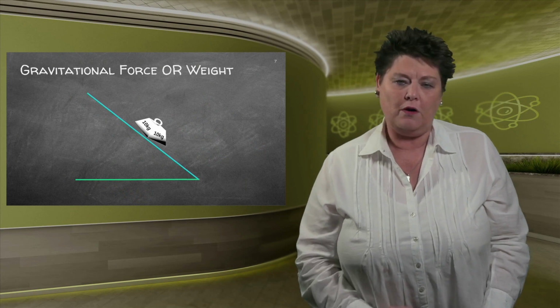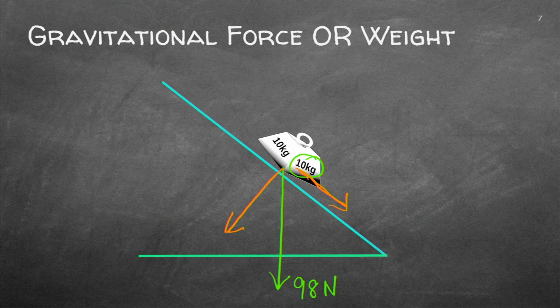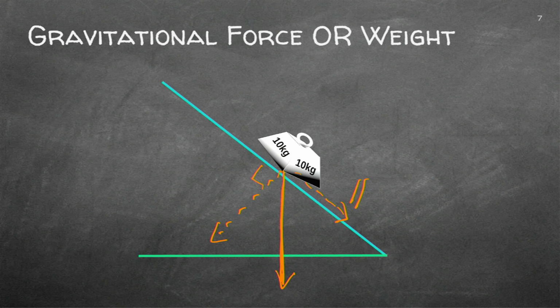Now let's find a few of the forces and see if you can identify. I've got that there. I always draw that first. I know if it's 10 kilograms, I've got 98 newtons drawing down. That weight will slide down the slope and it will have components like that. And as I said to you, rather draw that with dotted lines. So I've got that one. It's a dotted line that side for the parallel, and it's a dotted line that side for the perpendicular. What do I have more than that?